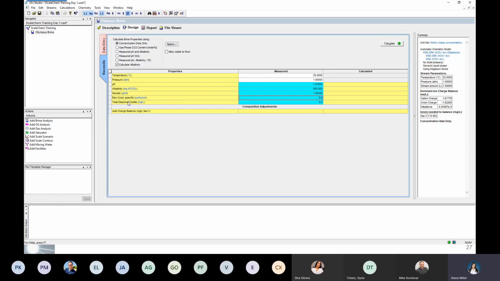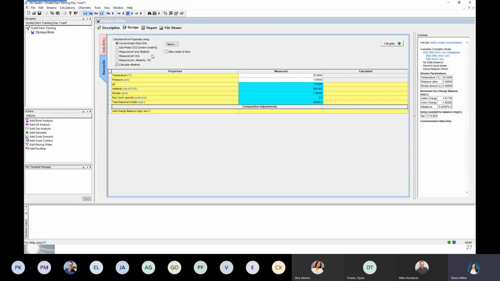And there was a total dissolved solids value as well, that was around 96,80. Okay. Perfect. Let me know if I'm going too fast with this data entering. So that's the first purpose of this Reconcile tab. We can enter the measured properties, and then the second purpose is that we have the option to select